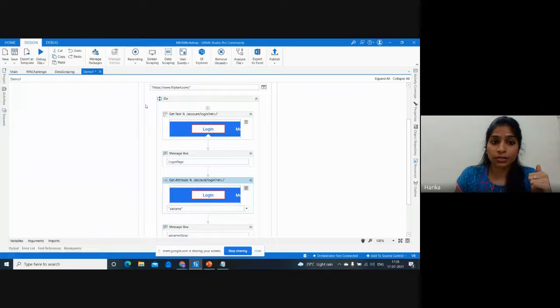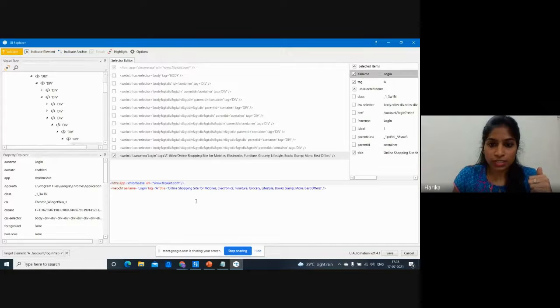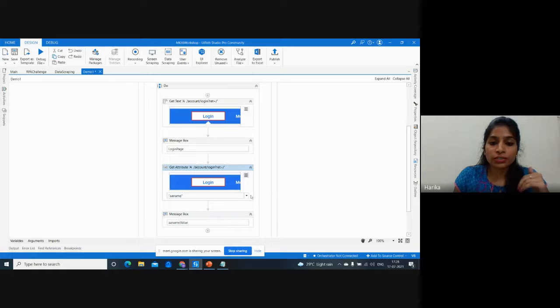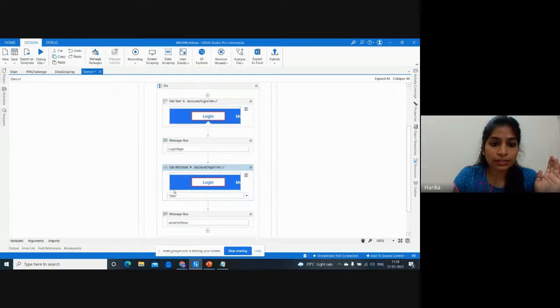If you wanted to get the value that's there inside any other attribute, so we have seen different types of attributes, correct? We have href, inner text, then parent class. All these are different attributes that we have, correct? So let's say I'm going to take title, okay, and then I'll validate, and then I'll say save. So now I wanted to get different attributes, so I have to use the get attribute activity. And if you just observe, inside this we have multiple options, right? You can just take whatever the attribute that is available there. So now I'm going to take the title, okay, so I'll just save it.